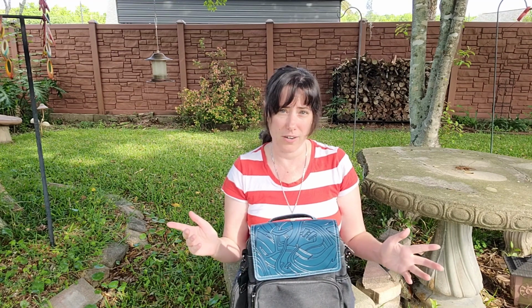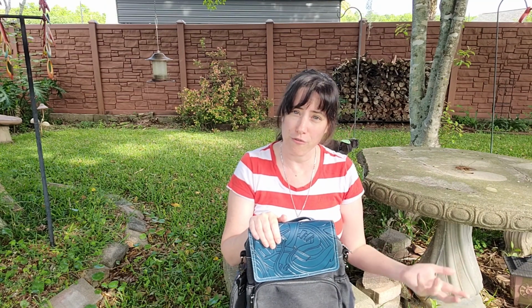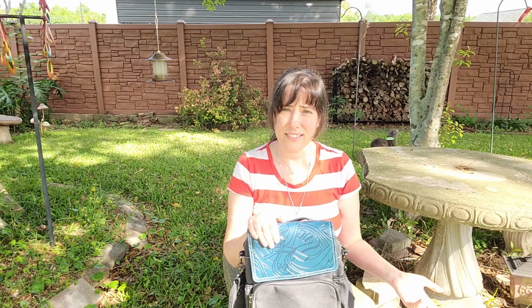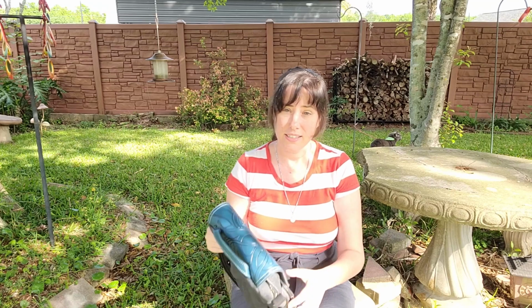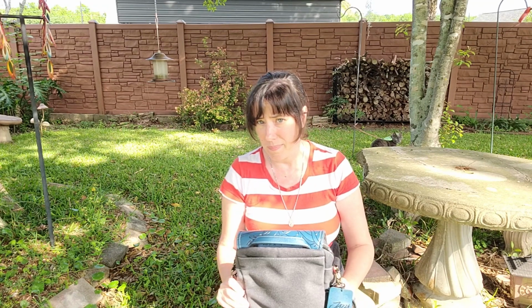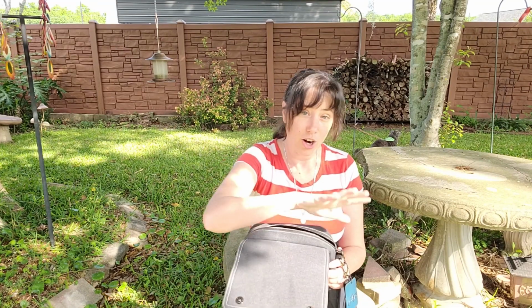There are a bunch of artist bags and purses on the market that are going to do what this does and do a better job of it for less, especially if you shop at places like TJ Maxx, Marshalls, or check the Blick clearance section. If you're a savvy shopper, you should be able to find a comparable bag with similar features that you will probably like better, that will be better built, because the interior quality, the hardware is really nice,